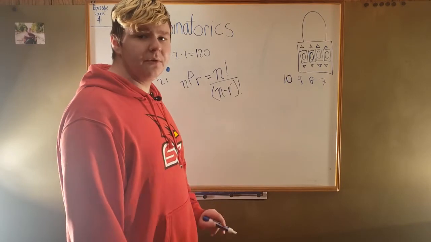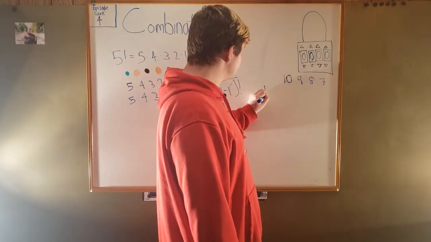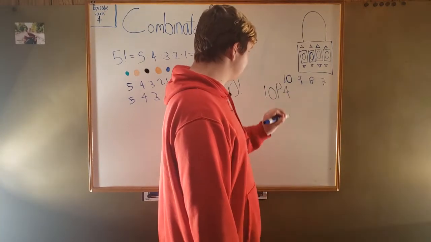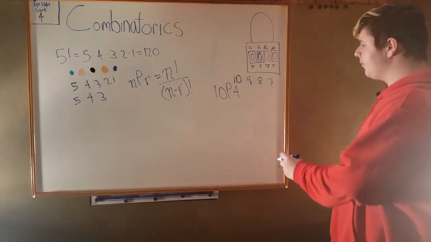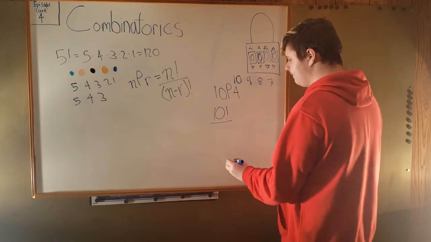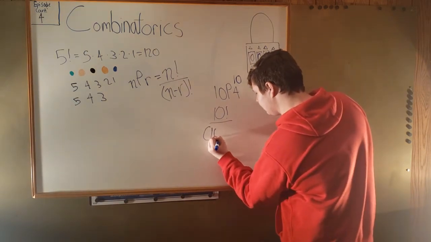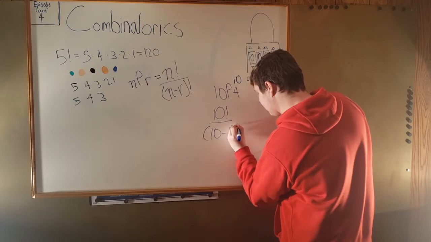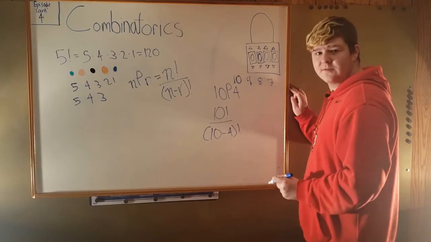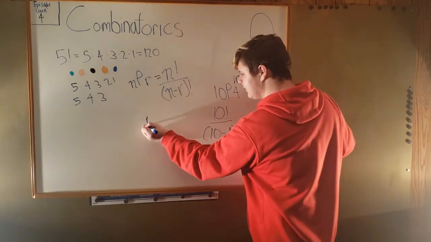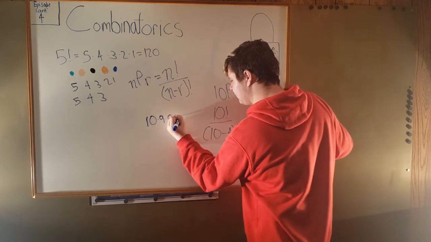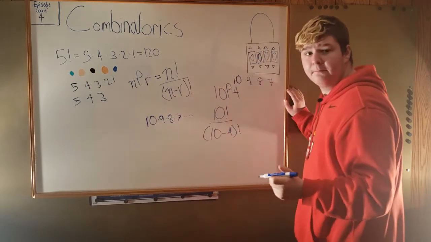We could also work this out with the equation. In this case, we have 10 items going into 4 slots. So that's what we're trying to work out. So what this becomes is 10 factorial over 10 minus 4 factorial. Now, this can also just be simplified down to 10 factorial over 6 factorial, which is really 10 times 9 times 8 times 7 all the way down to 1